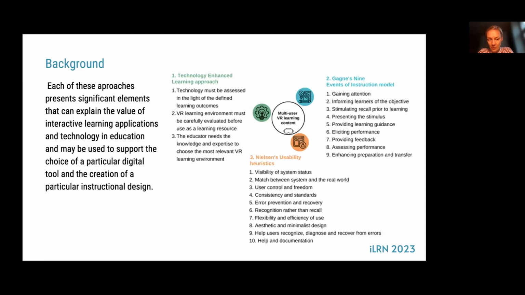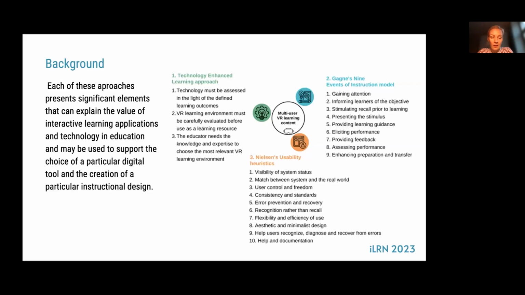And Gagné's 9 events of the instructional model provides a comprehensive framework for designing and evaluating instructional content, ensuring that it's aligned with specific learning objectives. Meanwhile, Nielsen's usability heuristics offer a set of guidelines for assessing the usability of digital interfaces, which is particularly important in multi-user VR environments where intuitive and user-friendly design is essential.